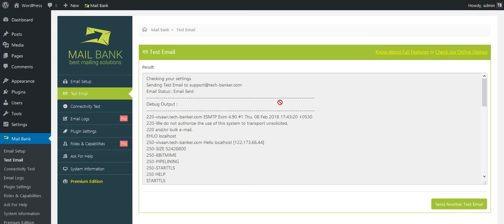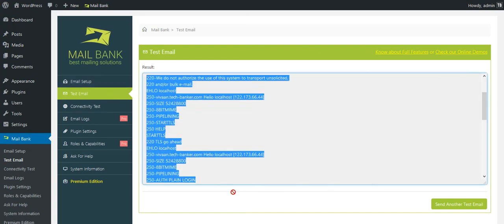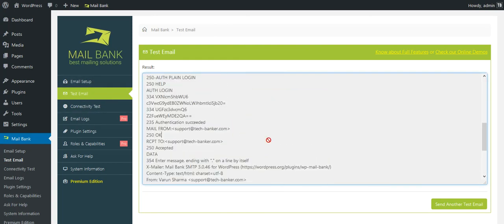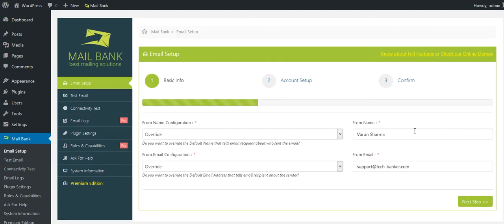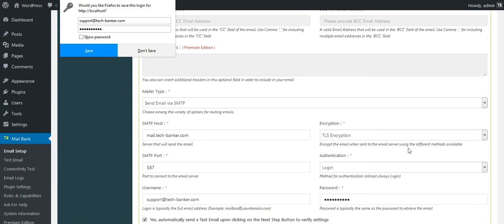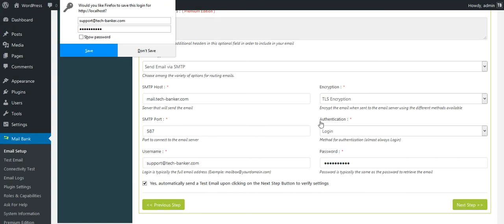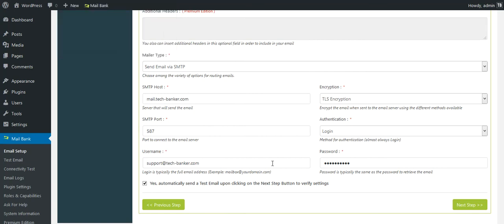But what if in any case these details were wrong? You would have got an error here specifying something like could not open socket, or there's a problem with the host. Then this is for sure that you made some mistake either in the SMTP details out here, or your server has SMTP restrictions. And if that's the case, you would need to contact your web host and ask them to enable the SMTP